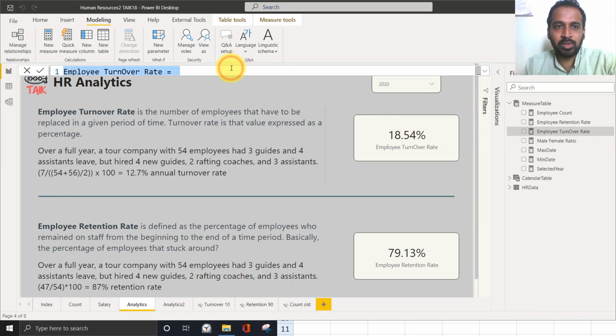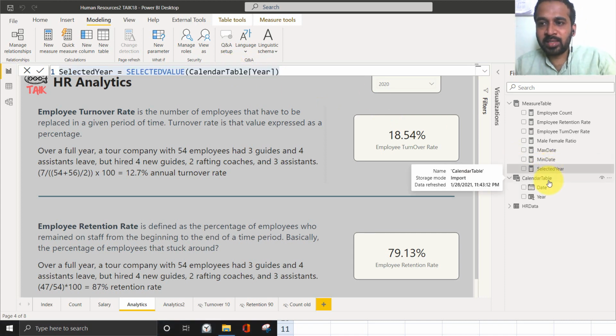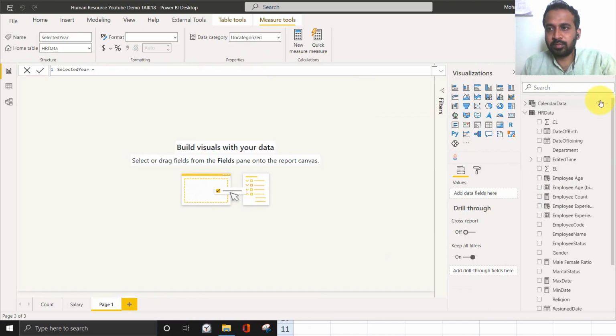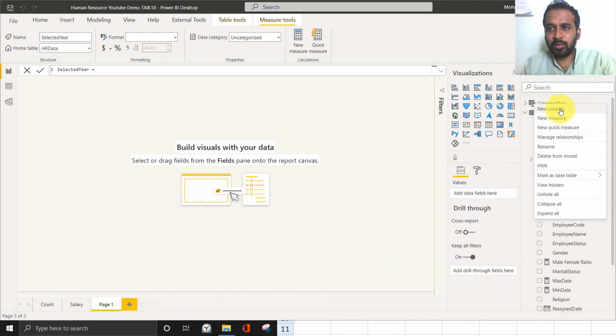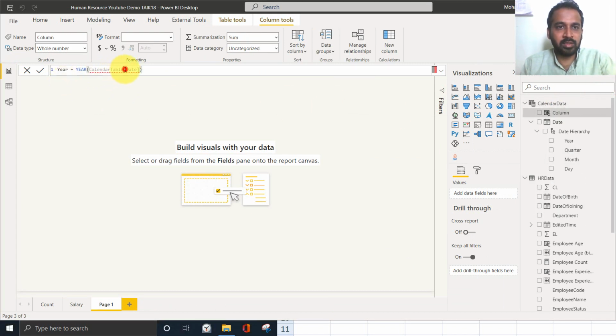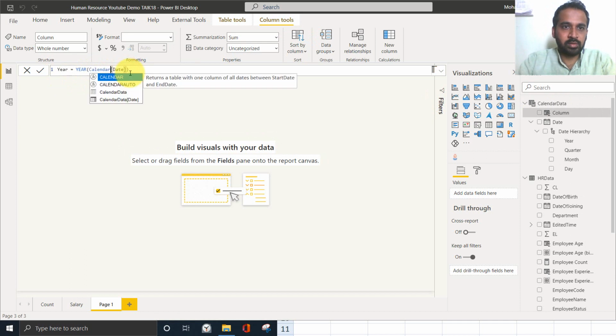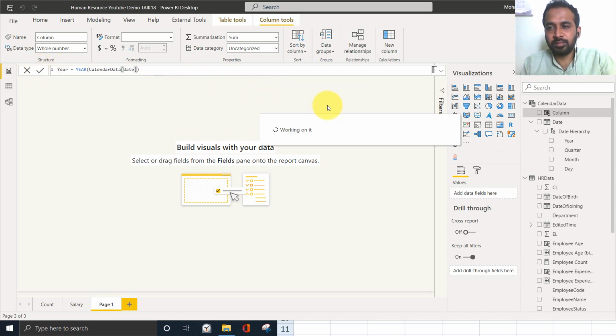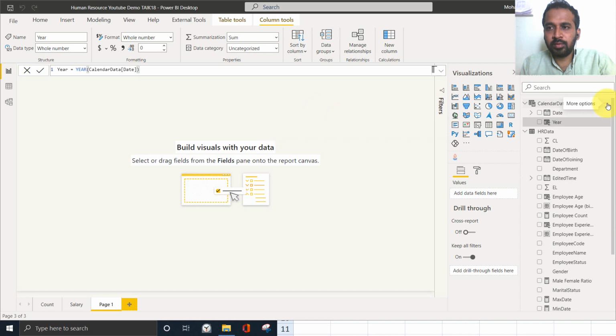Now, if we apply the same logic in our new file, first of all, we need to add a year column to the calendar table. Selecting here, new column, paste here, calendar data dot date. Correct. Commit. Now new measure.